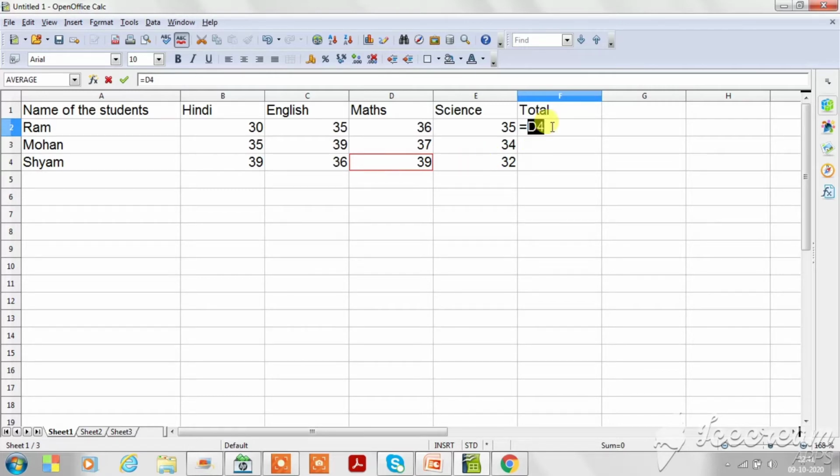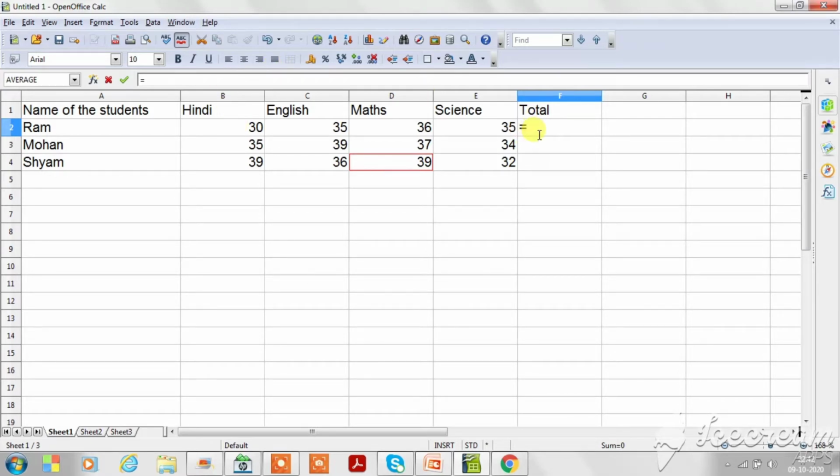Is it clear? Now, next we are talking about formula. If I want to add the marks of 4 subjects for each and every student, then how will we do it? Firstly I will write the equal to sign, then I will write the address of this cell.